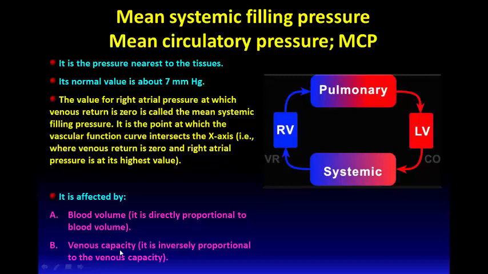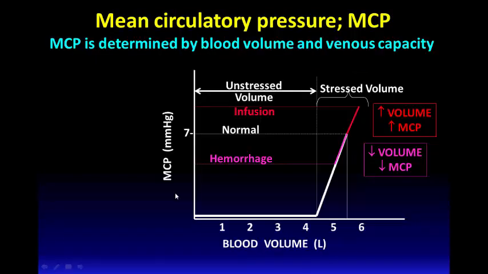The mean systemic filling pressure is inversely proportional to the venous capacity. Hence, as the venous capacity decreases when the veins undergo venoconstriction, the mean systemic filling pressure increases. Now, let's describe the factors which affect the mean circulatory pressure, the mean systemic filling pressure, in more detail